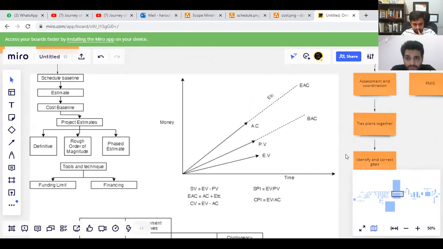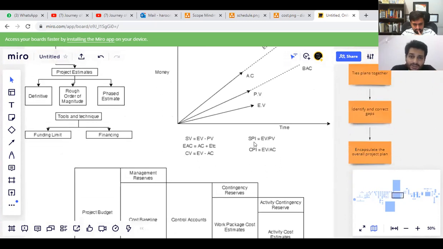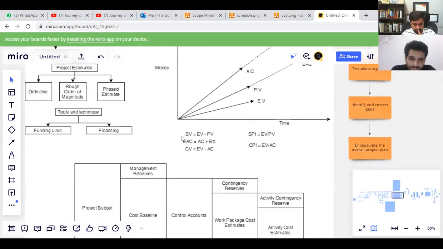earned value. So this is used to calculate scope, earned value, and